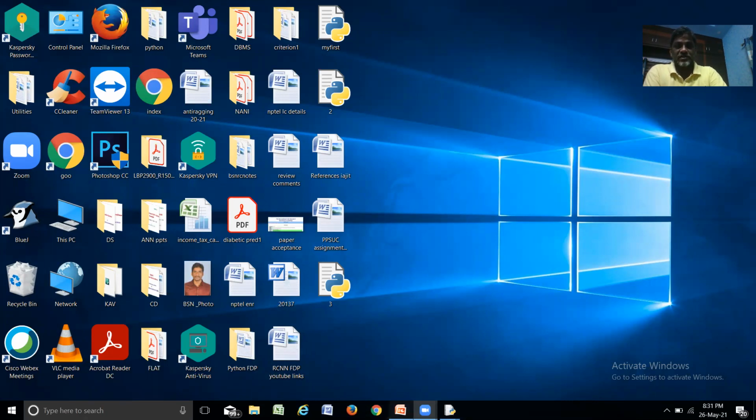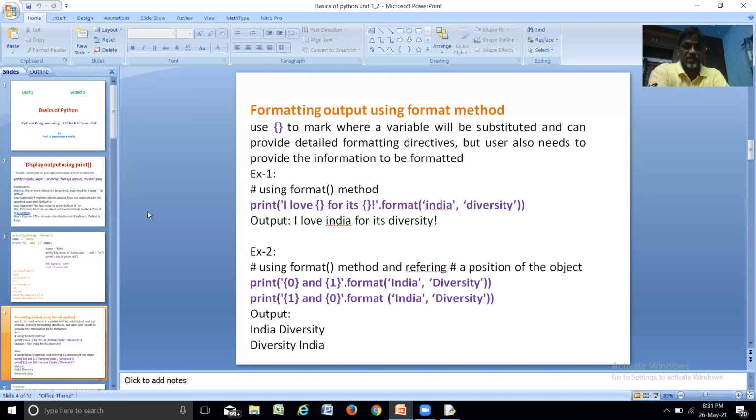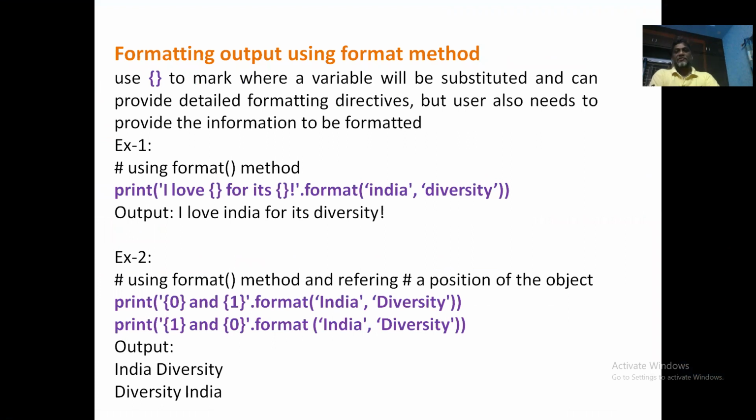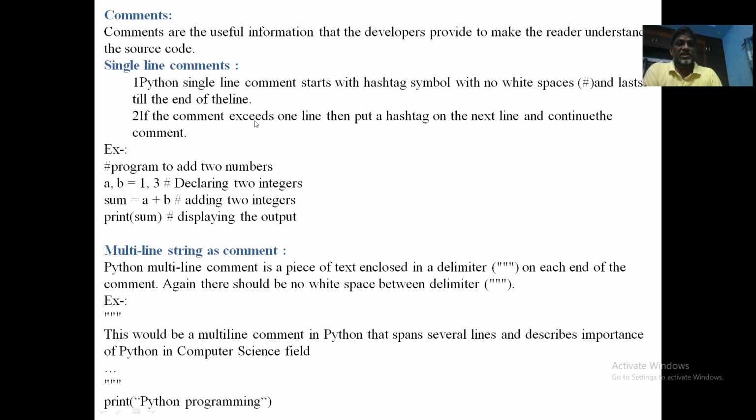Right. So this is about the print function. The basic operation that you should understand is the print function to display messages onto the screen. The next thing is how to specify comments in a Python program. We all know that comments are used for increasing the readability of programs, where if you specify comments, they describe the corresponding purpose of programs. So we can insert comments as readable support for the users.